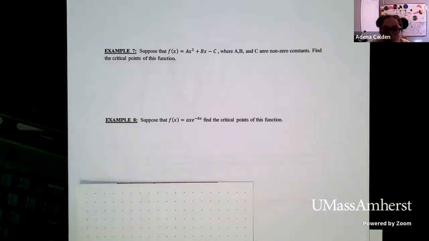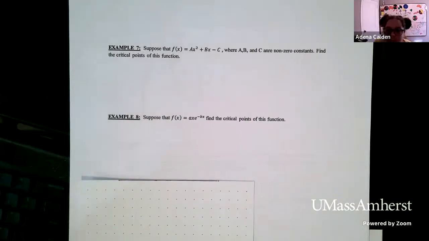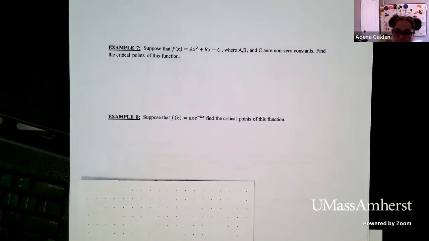So it's about thinking about what the derivative might look like for a generalized function, and also thinking about what the algebra might look like when we solve this. Okay, so for example, 7 and 8, we're really thinking about how we generalize when we're thinking about derivatives in algebra to talk about critical points. Okay, so what I'm going to have you do is I'll give you